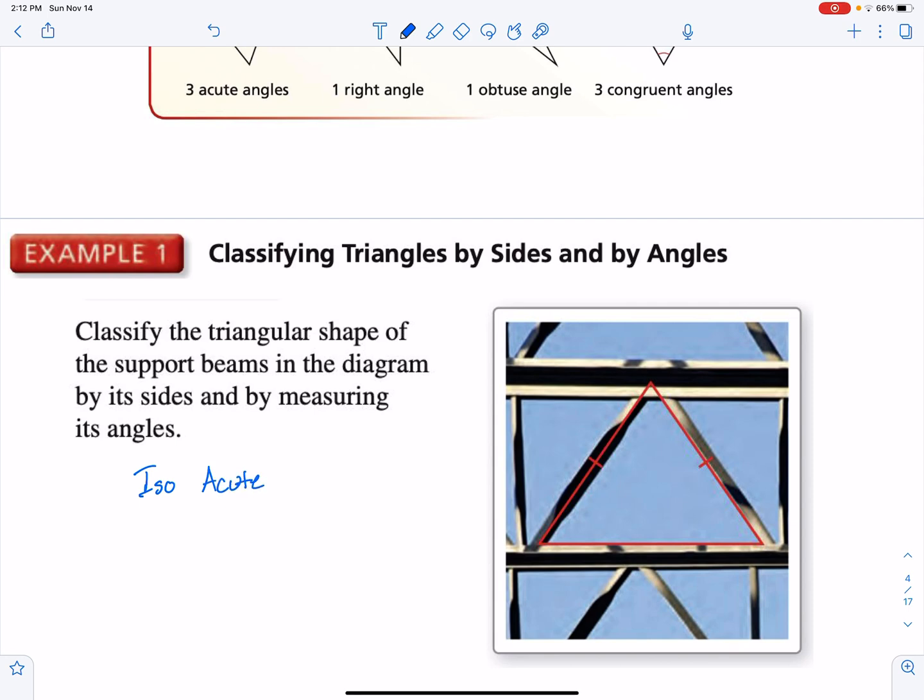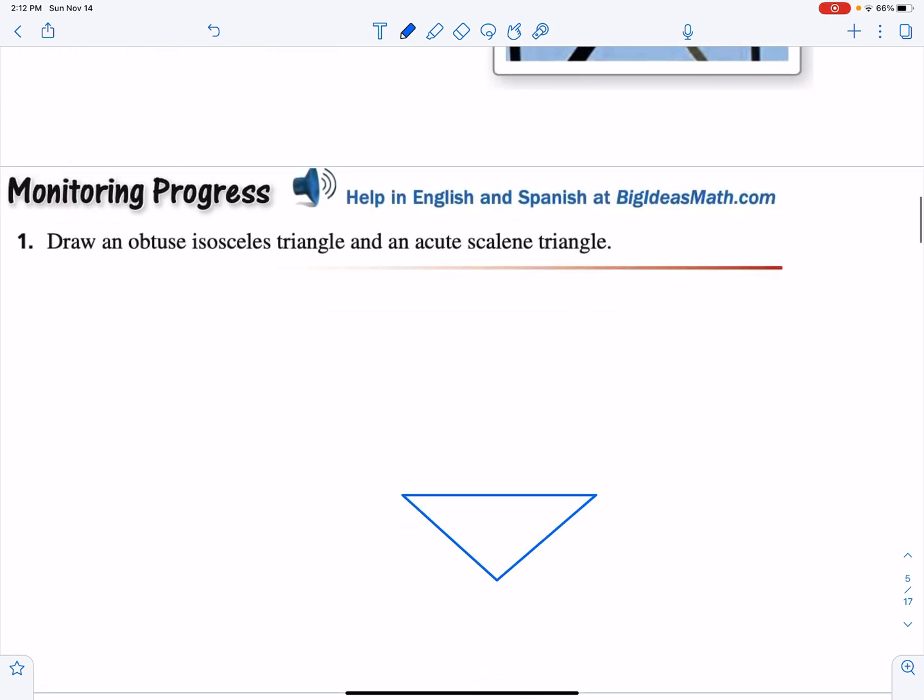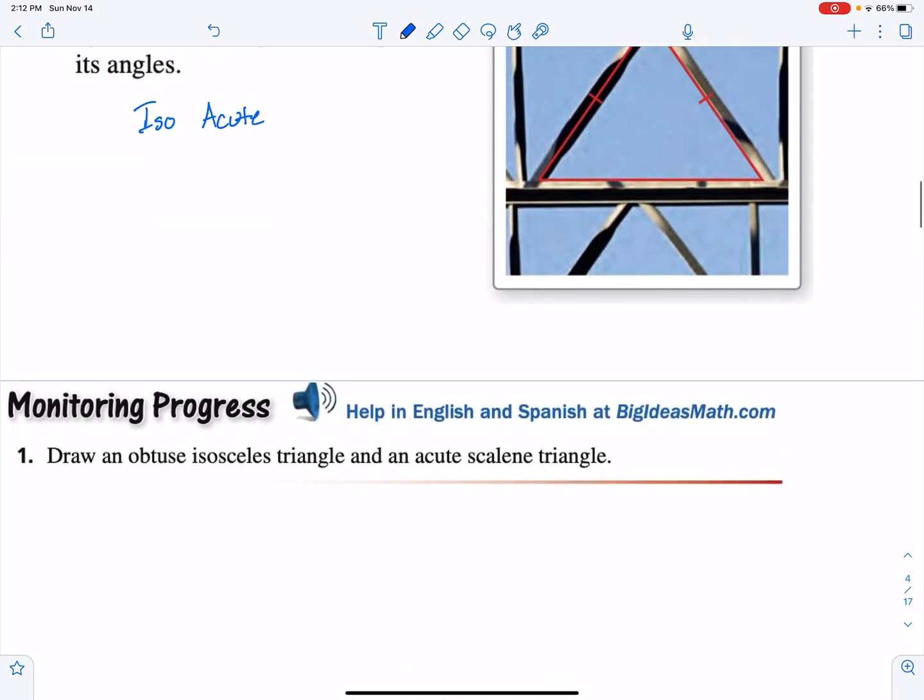We will classify by sides and angles. Again, we really don't need the protractor to measure here. We should be okay without it. So, and I slid down, you can see it there. The monitoring progress says to draw an obtuse isosceles triangle and an acute scalene triangle. So really quick, understand if you're asked to construct something on a quiz or a test, more